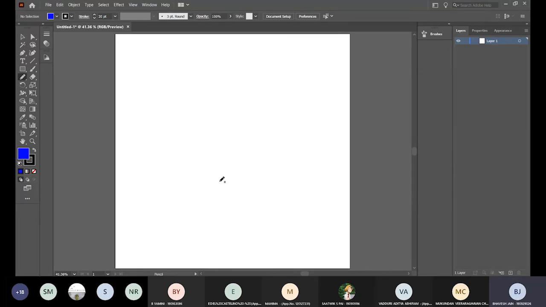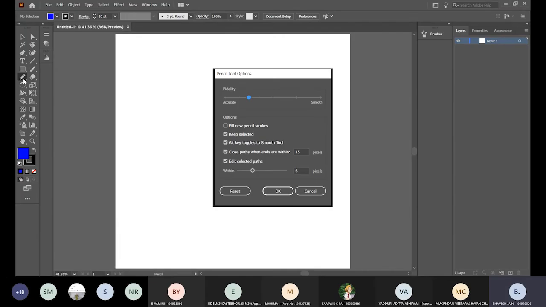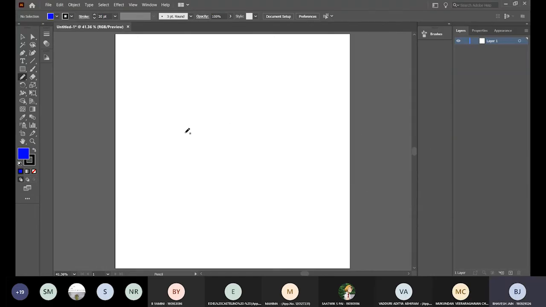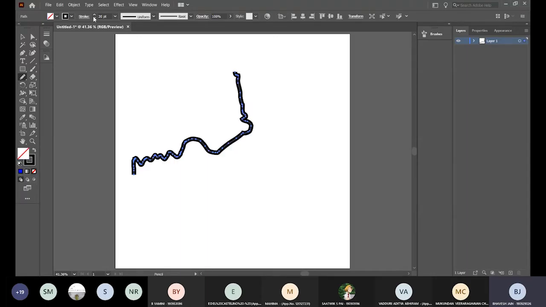And yeah, the pencil tool in itself has a variety of settings. If you double click on the tool, first of all you get this fidelity setting. I have the slider at accurate. I'll show you what it means. If the fidelity is set to most accurate, the line that comes will be the most accurately traced from what you're drawing. So if I draw an ultra zigzag shaky line, I reduce the stroke. Sorry, it's too much of a stroke here. So you get a very shaky line.